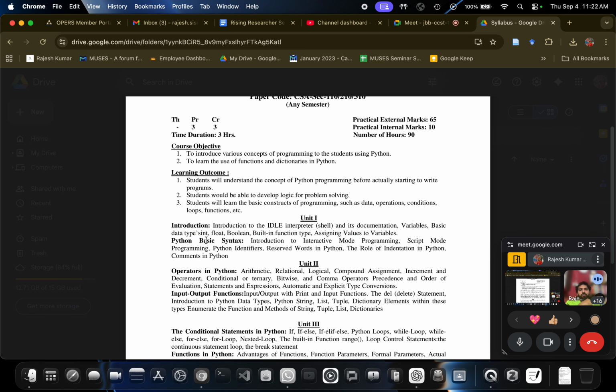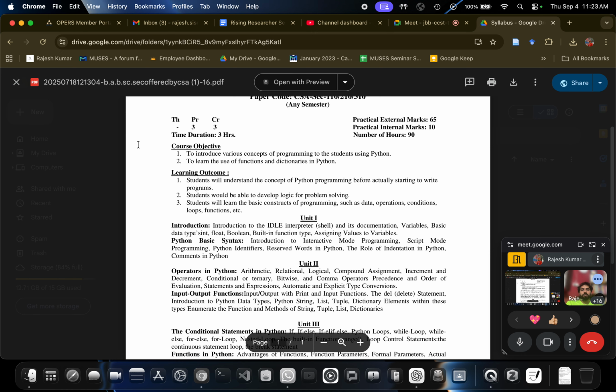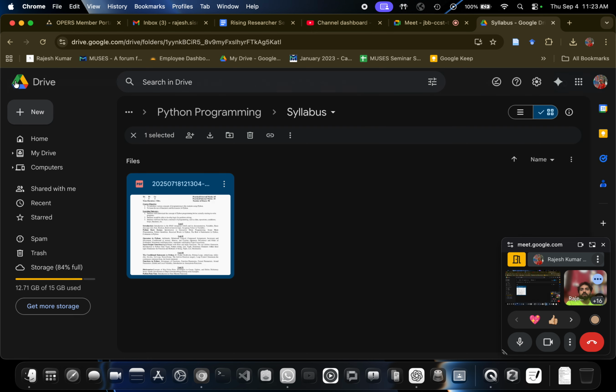Now let us go through Python basic syntax: introduction to interactive mode programming, script mode programming, Python identifier, reserved word, the role of indentation. This is what I wanted to cover through this entire week. Today we will touch one or two topics of that. So let us go to the Python basic syntax.